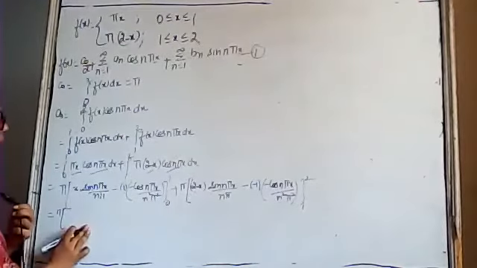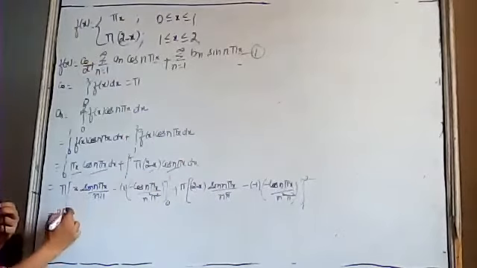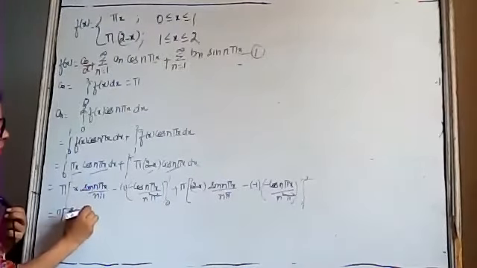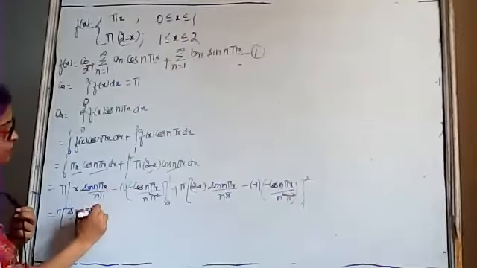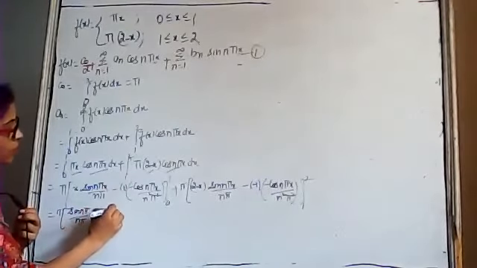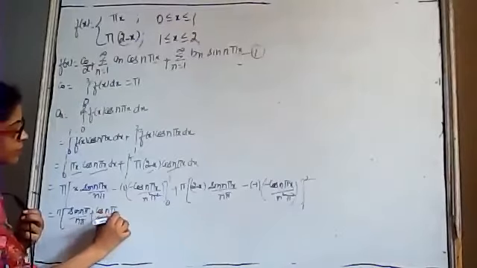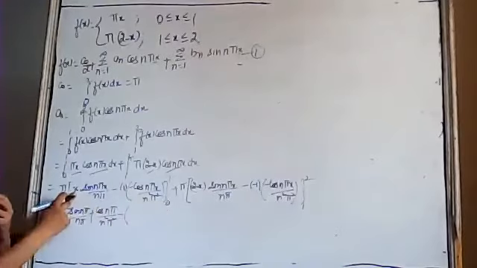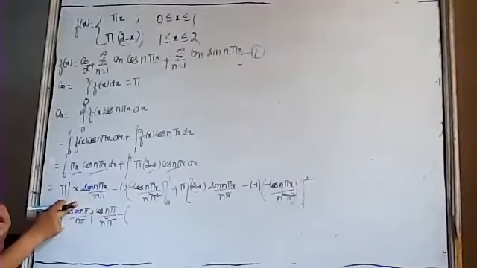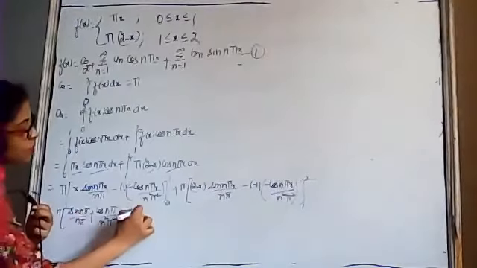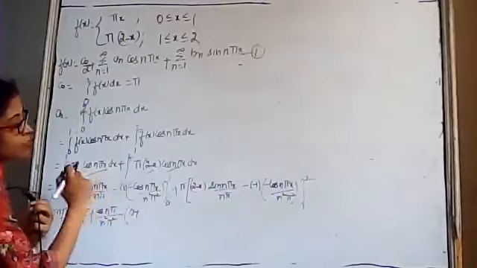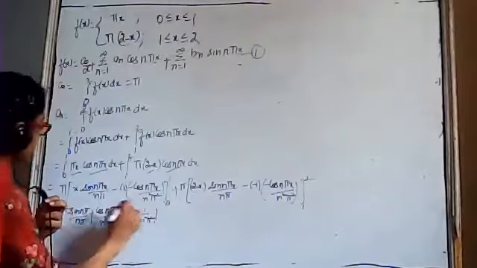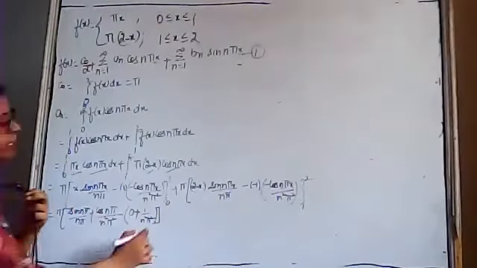pi. Substitute the limits. First of all, we have to substitute the upper limit. The value of x is 1 and it will be sine of n pi into 1, meaning sine of n pi upon n pi. Minus and minus will be plus. It will be cos of n pi divided by n square pi square. After that, we have to substitute the lower limit. Lower limit is 0. If we put x equal to 0, this term will be 0. Minus and minus will be plus. This is cos of n pi into 0, and cos 0 is 1. So it will be equal to 1 upon n square pi square. So it was the first bracket.